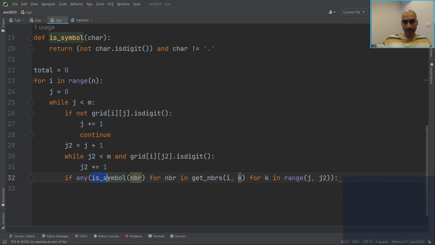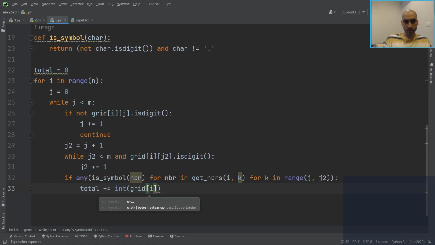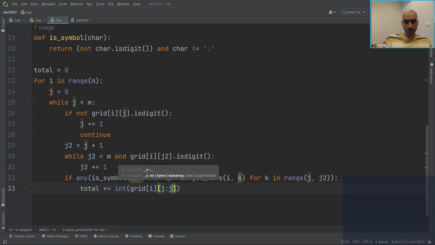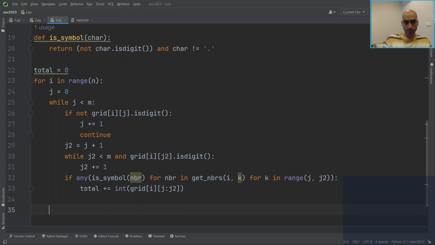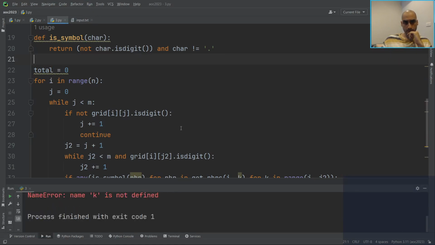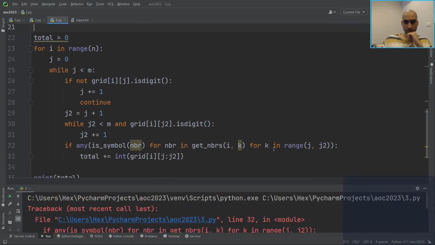So if there is any symbol, it will shortcut when we find one. Then total plus equal int of grid i j to j2. Oh, it does. Is this alright? Will that work then? k is not defined. Yeah, because. Oh, there's a way of doing this. How is that? How do you